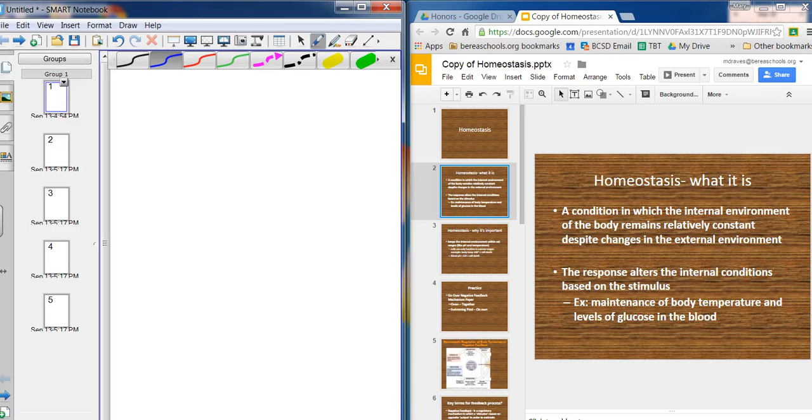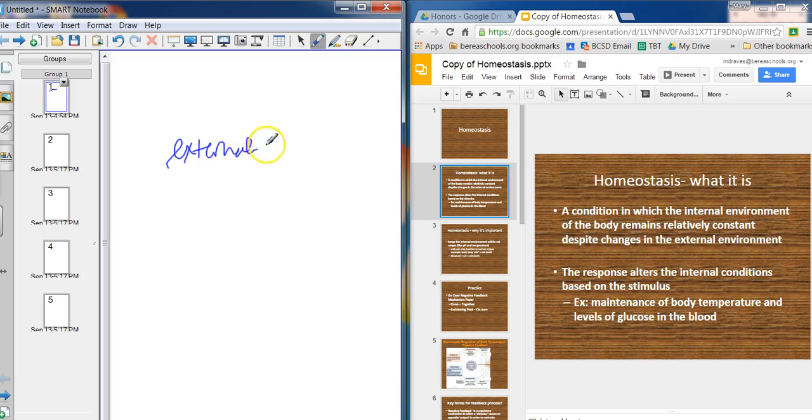Right, so this is a flip lecture to conclude. Okay, so this lecture is going to be about homeostasis, obviously you can see in this slide. And what we need to understand about homeostasis is that even though the external environment changes,